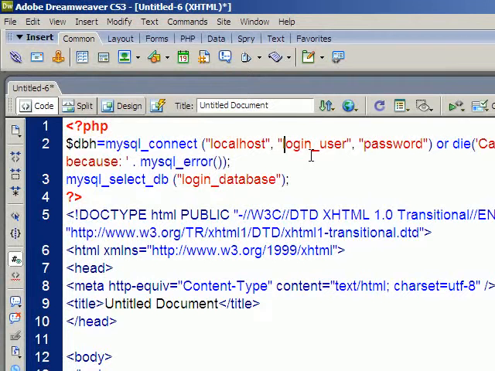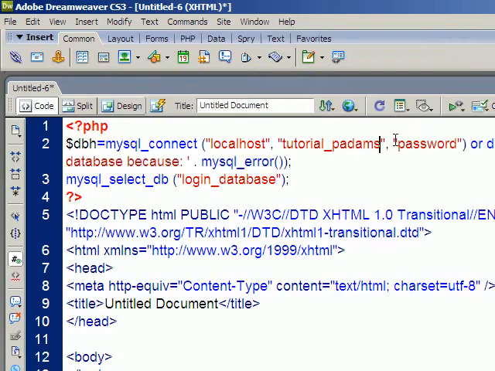Now with the StackNZ server that we've been using, we get a kind of funny username. In general, it's just whatever username you set up for your user on the cPanel, but in our case it's two-part. The login, so that's the username you use when you first log into cPanel, in my case it was tutorial I think, and then the user, which was probably P. Adams, and then